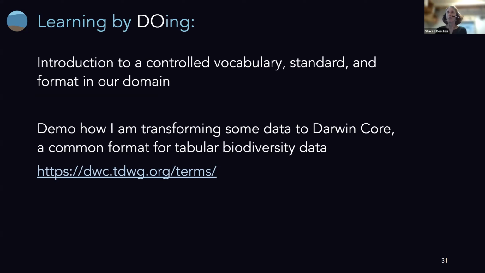But what we'll do to end the first session is we're going to learn by doing, and I'm going to demonstrate. I'm going to introduce the room to a controlled vocabulary, standard, and format. I'm going to demonstrate the use of Darwin Core. In particular,